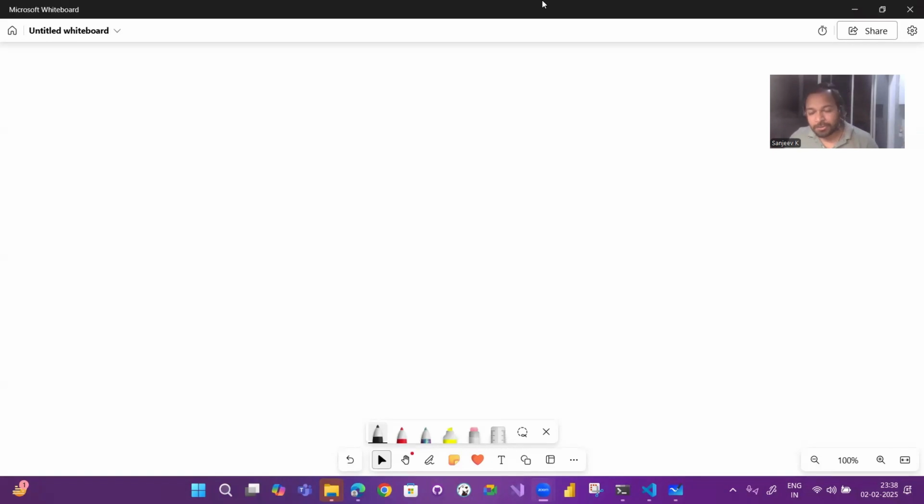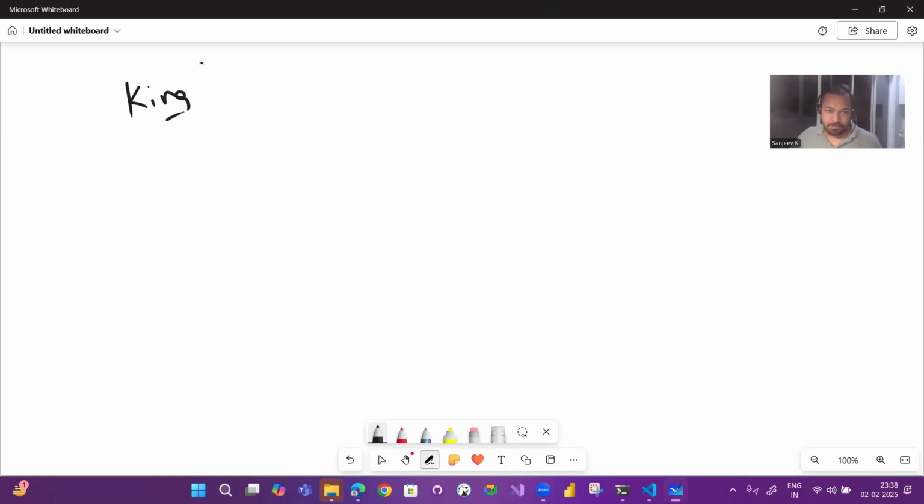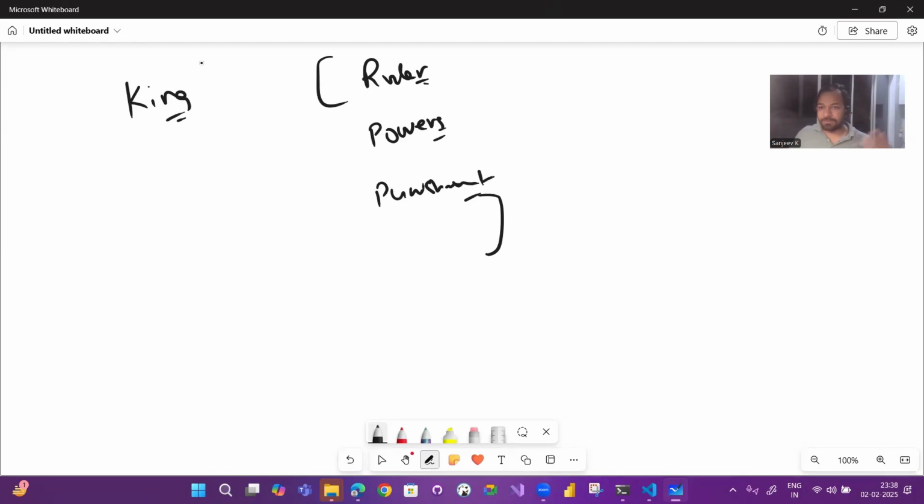Let us talk about embeddings now. Say, for example, I take a simple word like king and I write a big paragraph around it. This paragraph speaks about everything about king: how the ruler is formed, what are the powers that the ruler has, what punishment does he give when somebody makes a mistake, whether he is too strict to the people or not. So, for example, I'm going to describe everything.